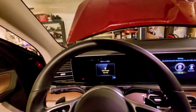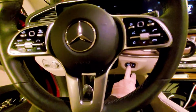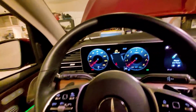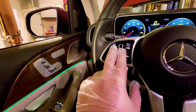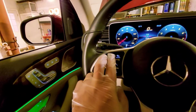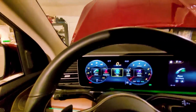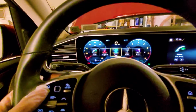We're going to reset the service by pressing the engine button once only. Make sure you have your keys with you. Close the door first. Alright, and then we're going to press these two buttons, the home button and the little sensor button. Make sure it's showing the mileage. Hold it for a few seconds and then let go. And now, after you hold these two buttons for a few seconds, you press the home button,